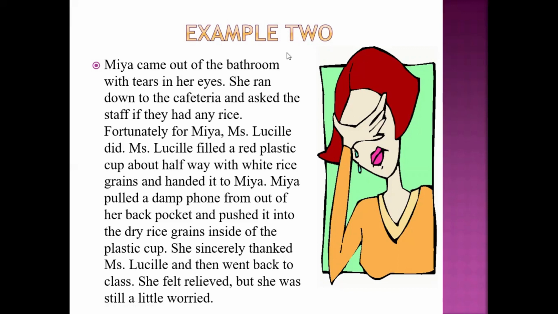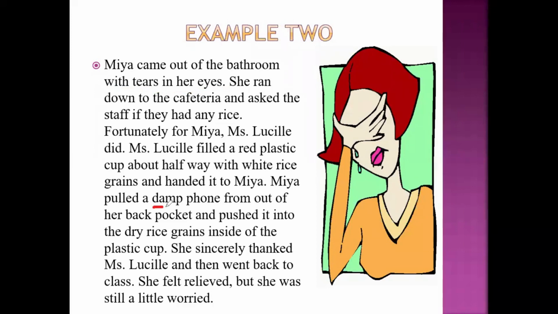Now, although Maya asked for rice, we can make an assumption that she was hungry, but it's almost impossible to eat raw rice. So that assumption, where it says white rice grains and we would assume that she was hungry, we can automatically run a line through it because it wouldn't be valid based on the information that we are given here. Now let's look at where it says she came with tears. So we know that she was distraught or sad about what had happened.